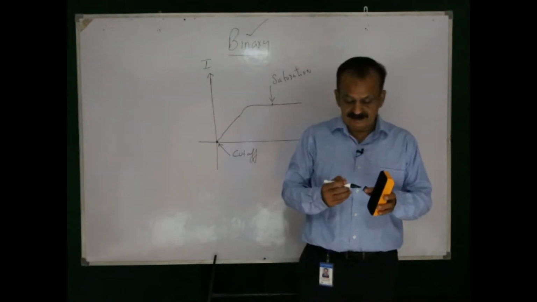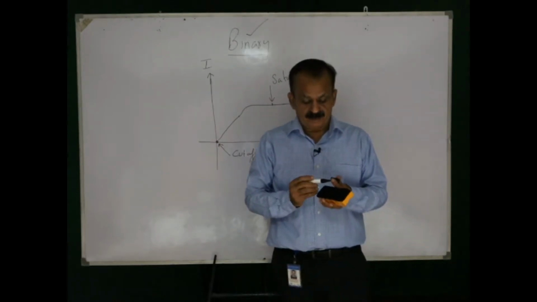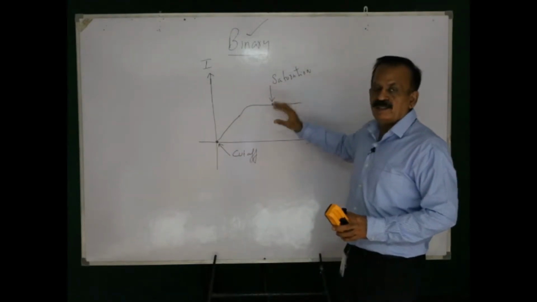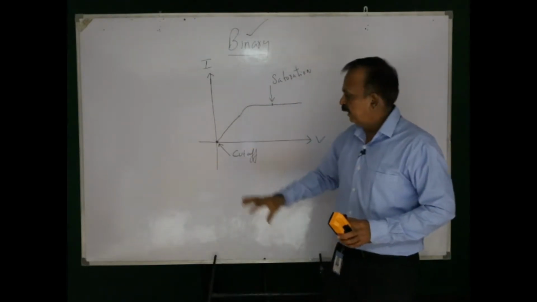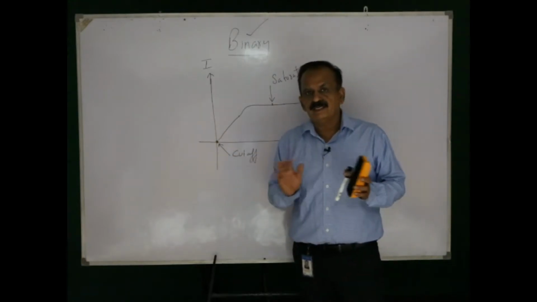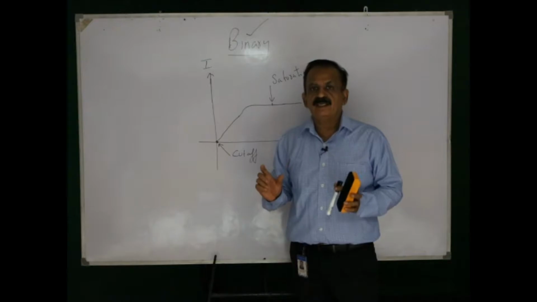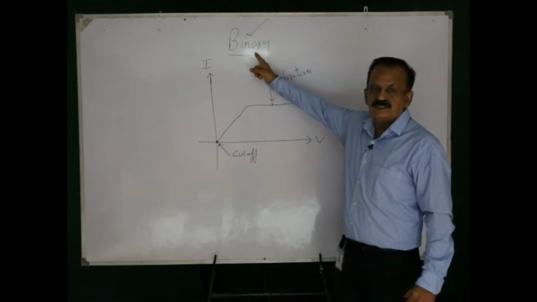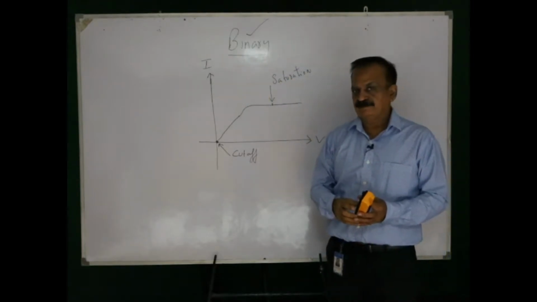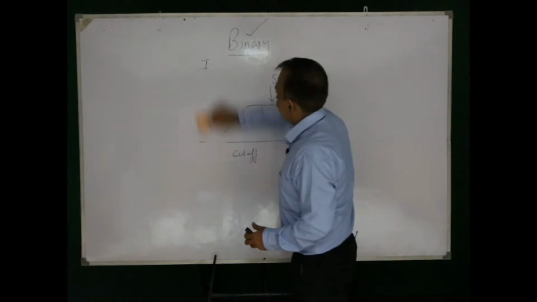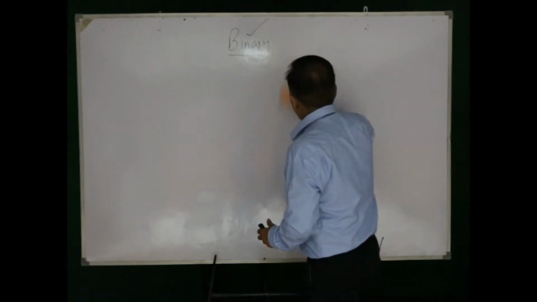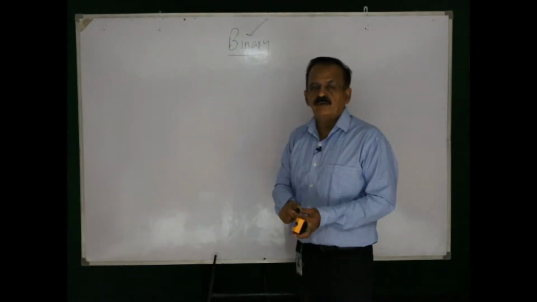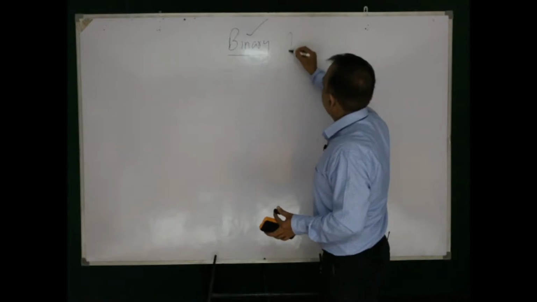Now, the point is the devices used in computers work best in two states. One is saturation, where the maximum current is passing through the device, and the other is cutoff, when no current is passing through the device. The working of the device is very stable in these two states, and the best number system to represent two states is the binary number system. That is why the binary number system is used in computers. And since the binary number system is used in computers, we are going for binary arithmetic.